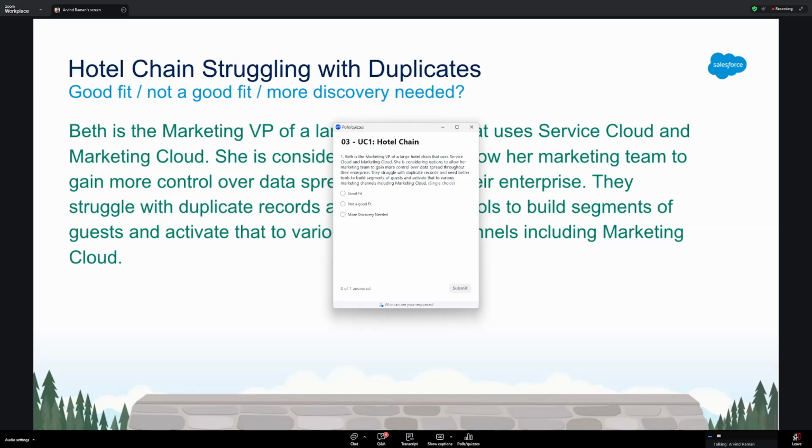They currently struggle with duplicate records and they need better tools to build segments of guests and then activate that back into different marketing channels, including Marketing Cloud. Now, I know that you'll want a lot more clarification questions, but just given this statement, is this a good fit or not a good fit? Once we get to those 100 responses,